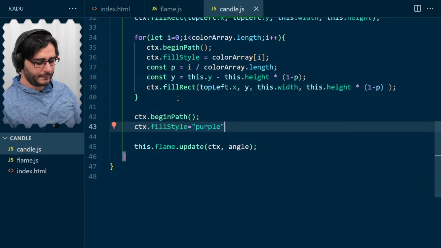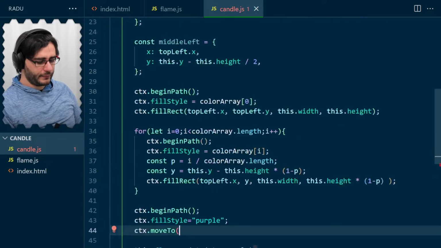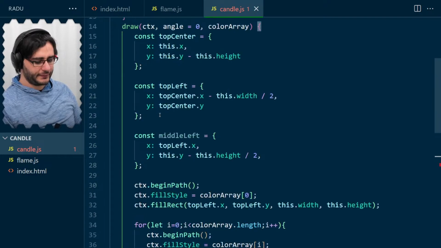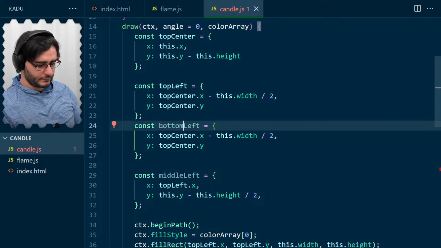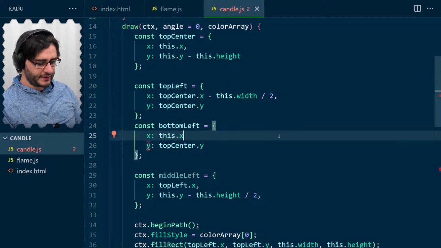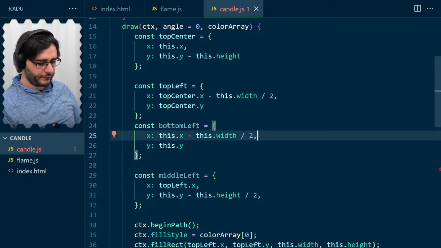Let's make it purple. Move to, and now I want to move to bottom left. Bottom left, it's going to be this x minus this width divided by 2 and this y here. So from bottom left,